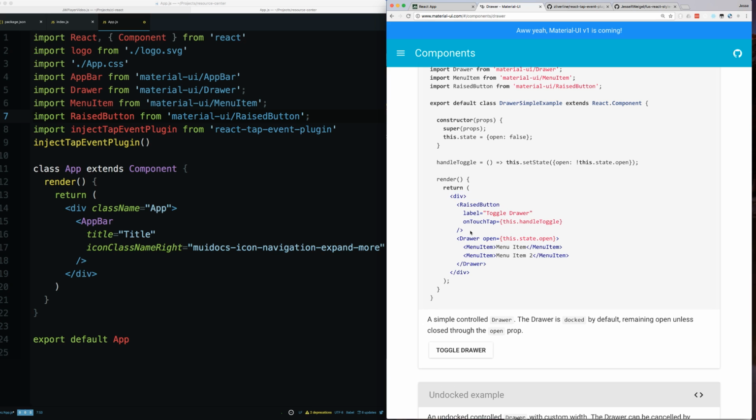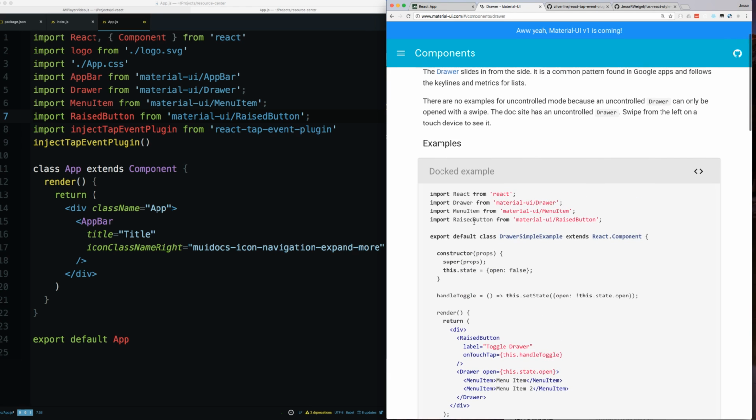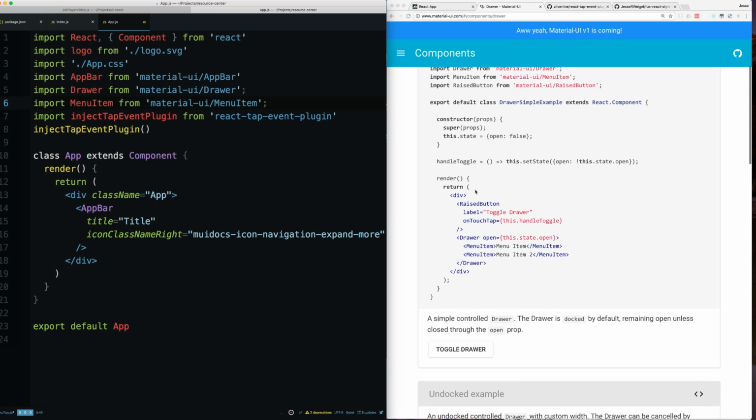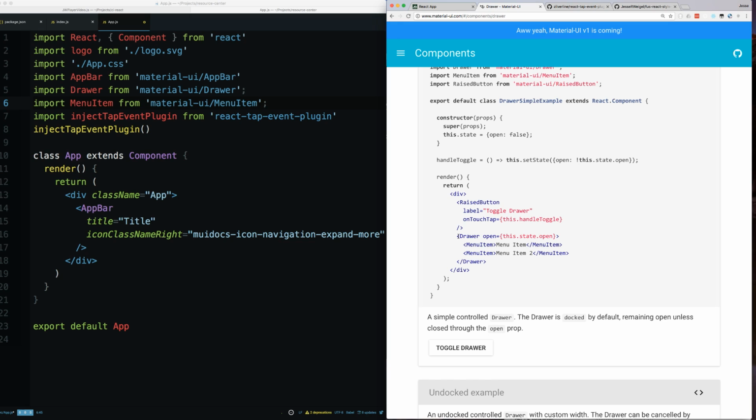Alright, so I'm not gonna include the button. Actually, I probably don't need this button because I want to make my icon the drawer. So I just need this drawer,